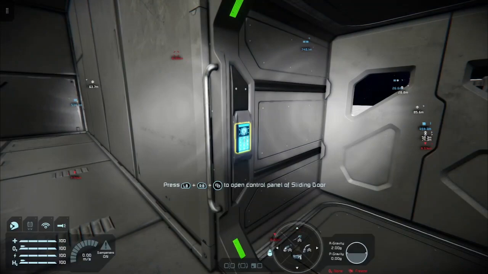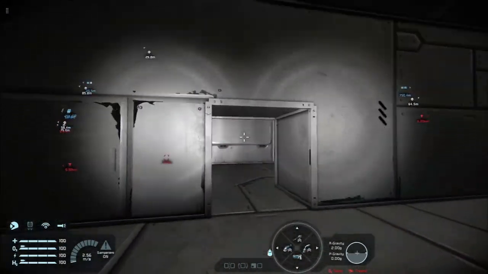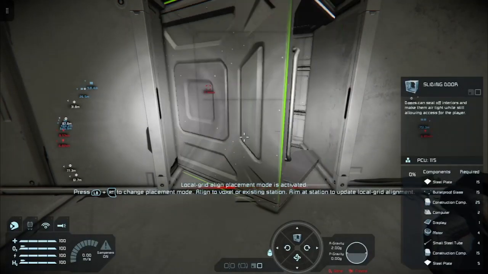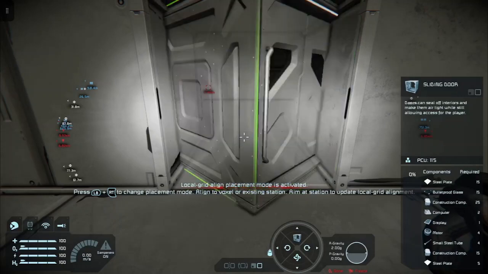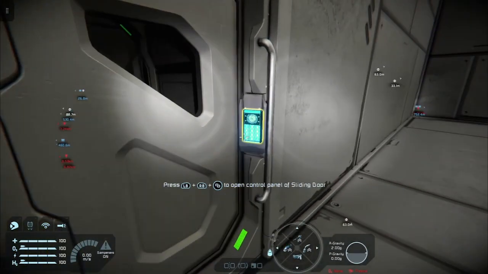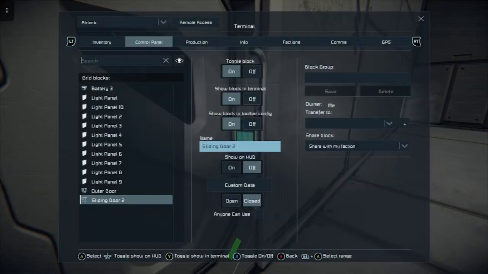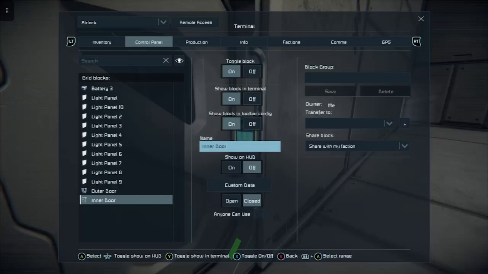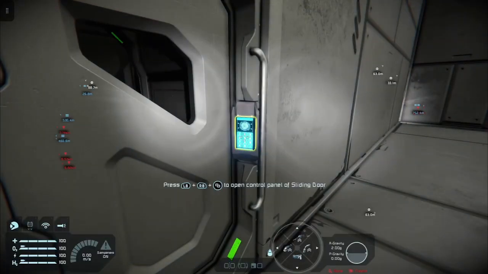Let that come back, and then we want the same deal here. We're going to have another sliding door, and we're going to call this one inner door. There we go. So inner door, outer door, but we still don't have